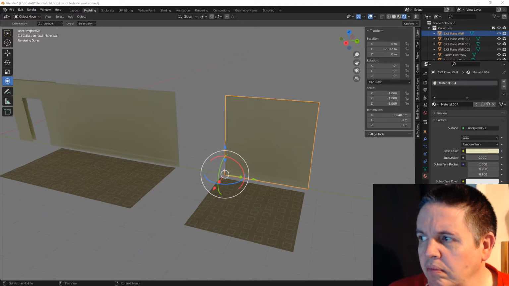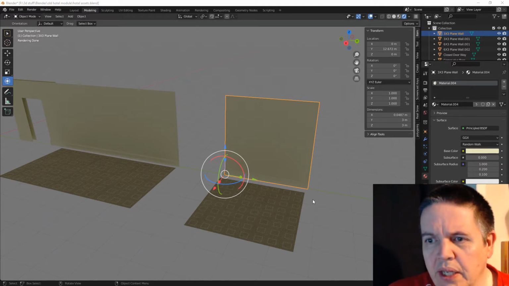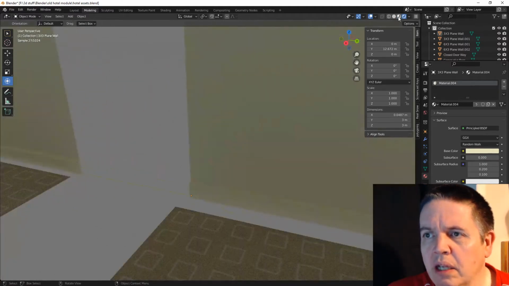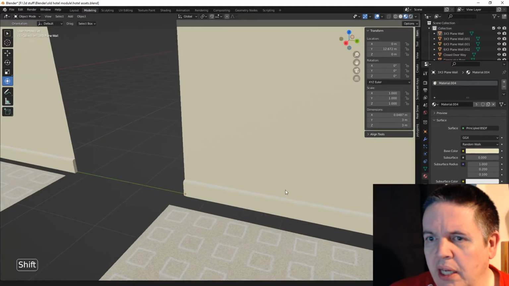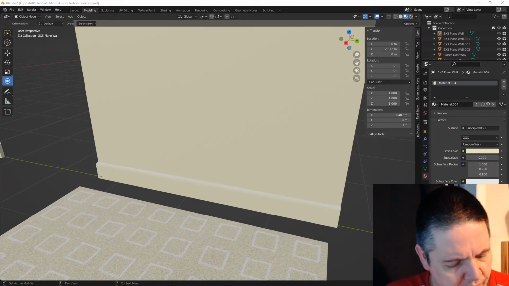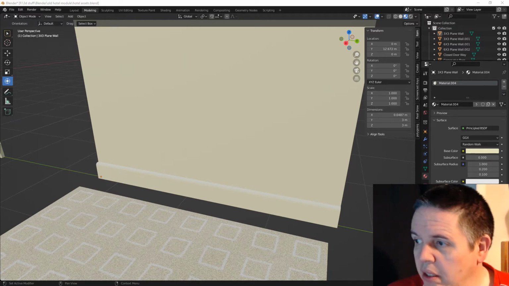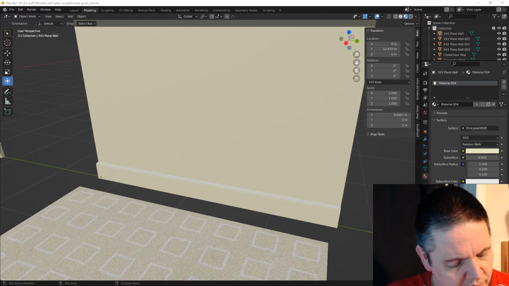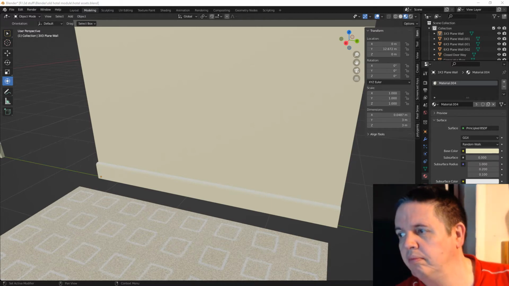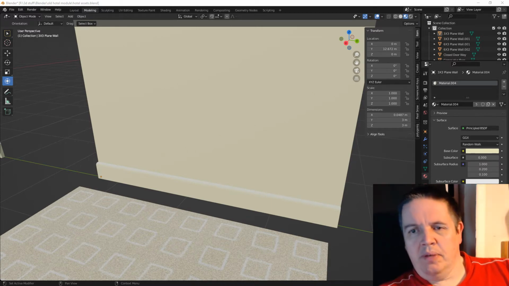is the skirting. So let's just come out of here. Now to do our skirting in Blender, what we need to do is go back into edit mode. Okay, so we go back into edit mode,